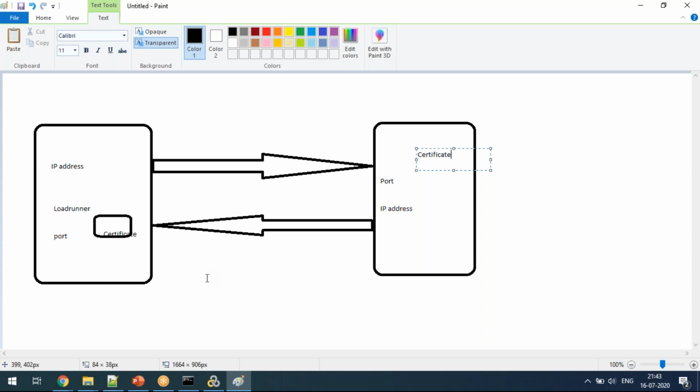Once the recording is completed in Fiddler, a SAZ file will be generated. Okay, that SAZ file you can convert into a VuGen script. That is possible. Those will all be covered, guys, in our course. Clear?